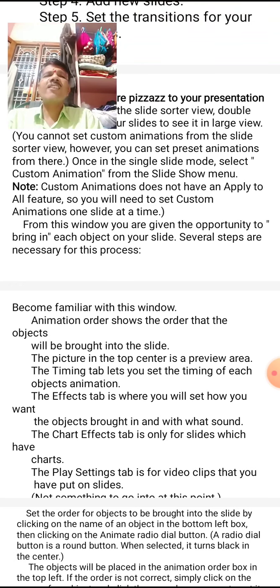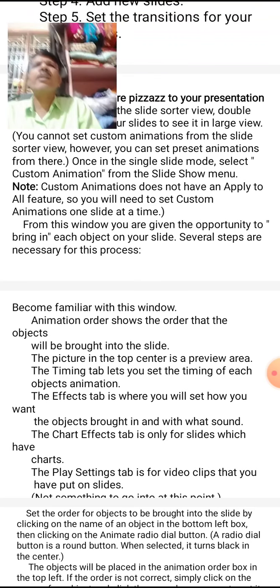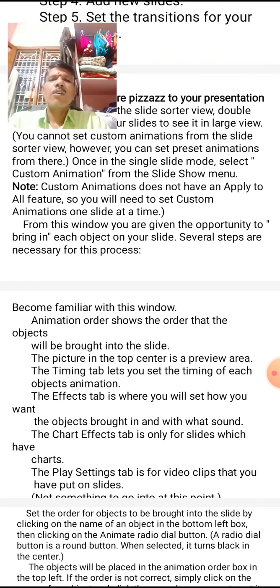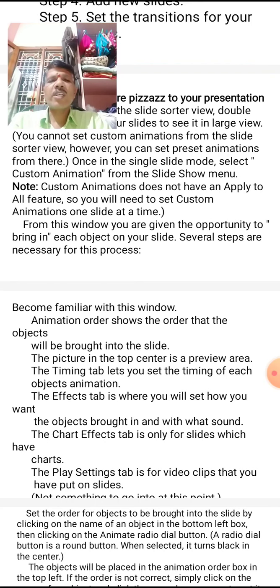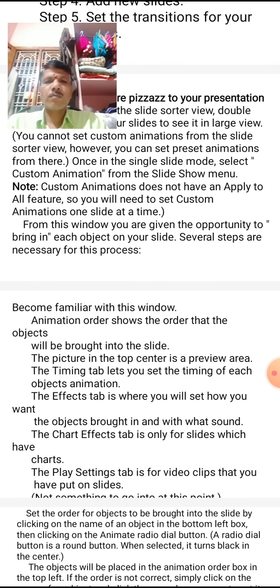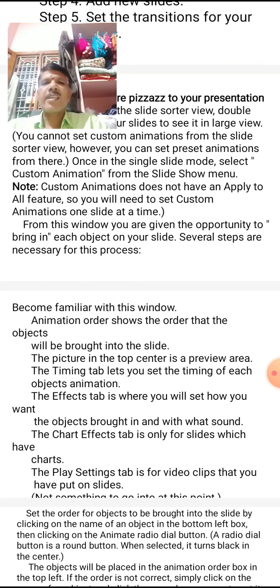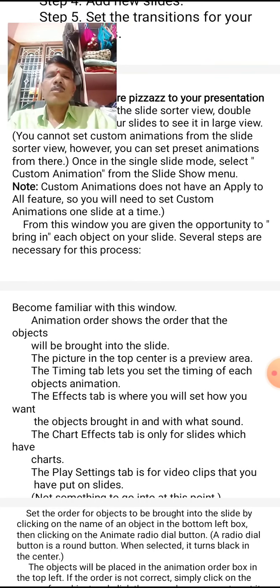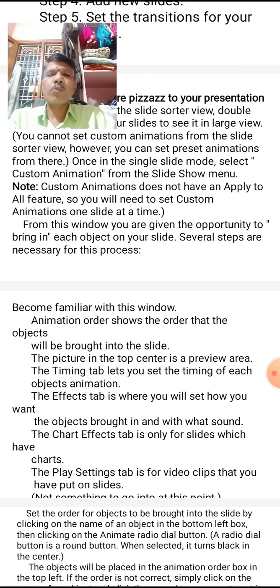Some of the slides need to be modified for animation purposes. Such a slide should be selected, and the picture in the top center is the preview area. The timing tab lets you set the timing of each object's animation. The order should be placed by the user.